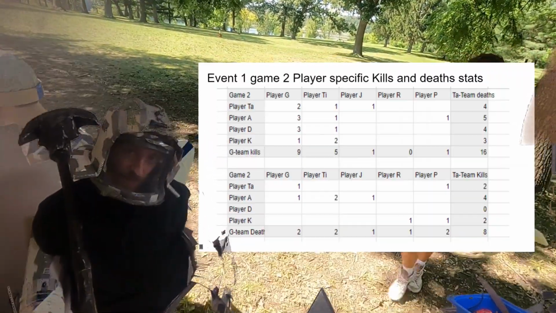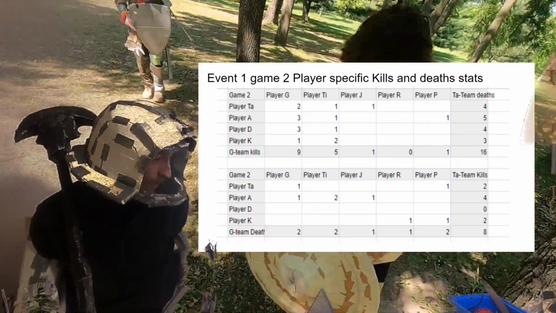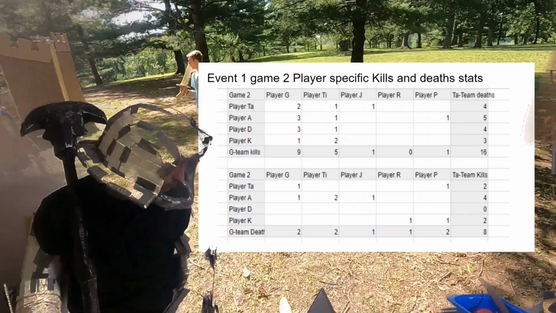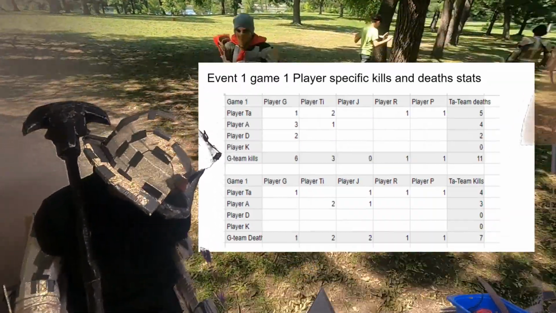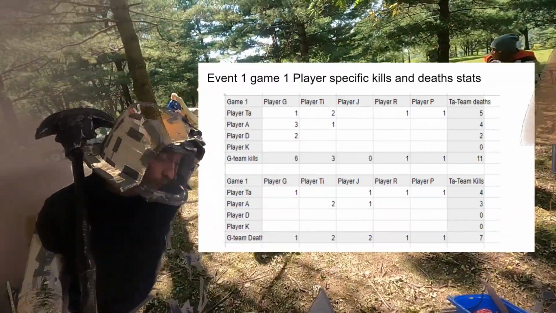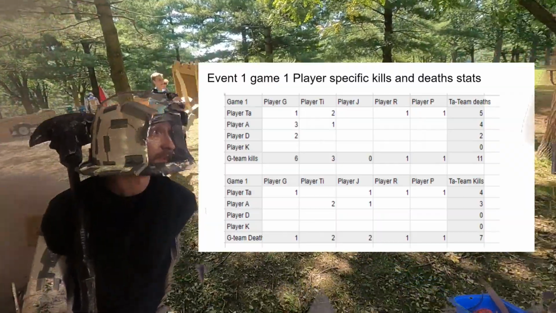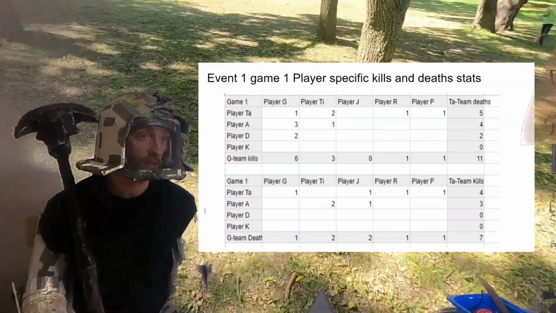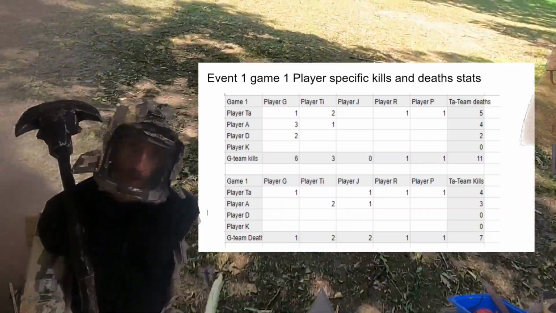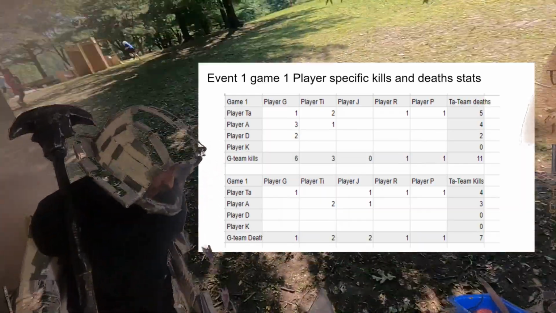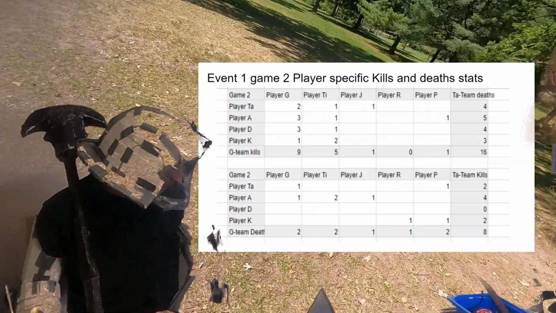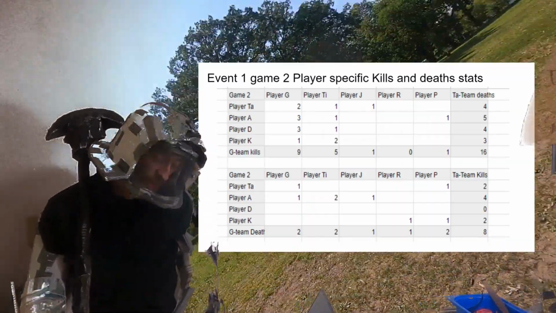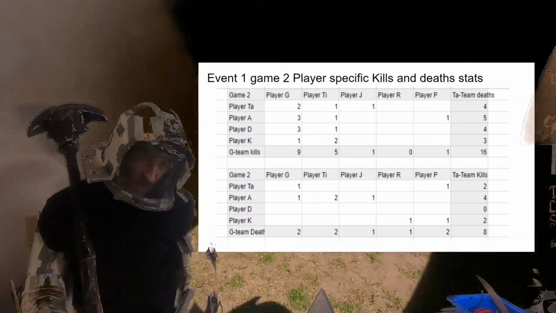And so, yeah, this is one where we were in the castle, and so we actually... No, that's right. Oh, wow, I'd forgotten about that. In game 1, we actually lost. Yeah, because the opponent, the castle team, managed to take 2 flags and hold them throughout the full game. So even though we had more kills, we still lost. That's interesting. But then in this game, of course, we got a ton more kills because we were in the castle, and so we had a better defensive advantage, and we just ended up dominating.